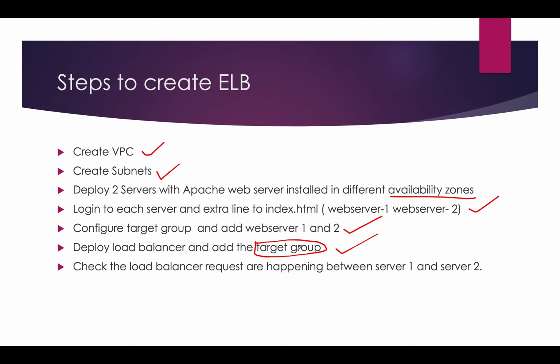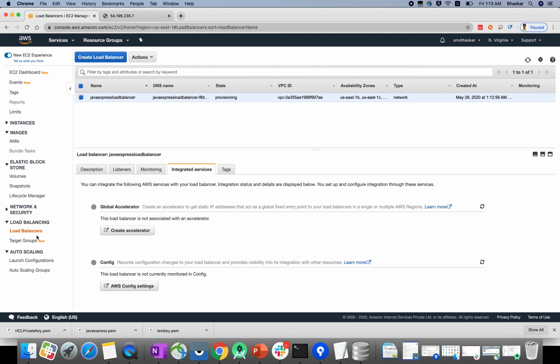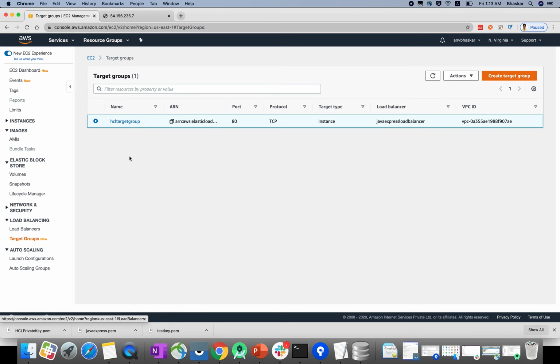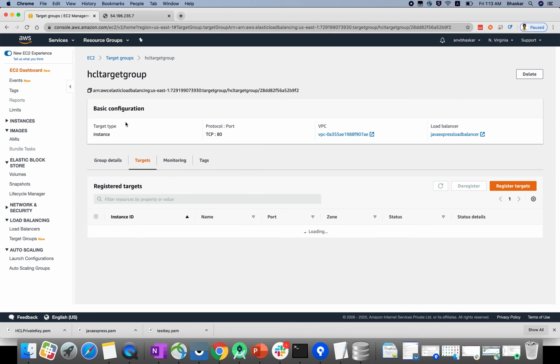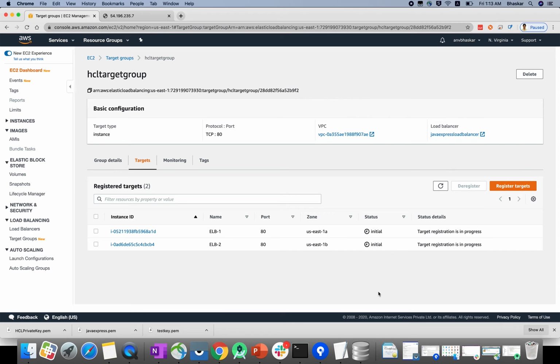If you want to check your health checkup, you need to go to this particular step and check your target groups. Click target group, select here. Here, if you see, ELB1 and ELB2 are running on port 80 in one availability zone and two availability zones.